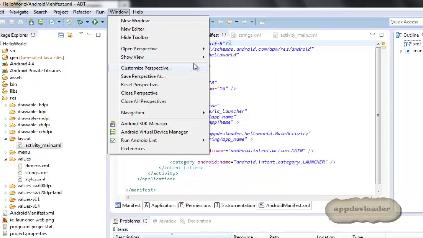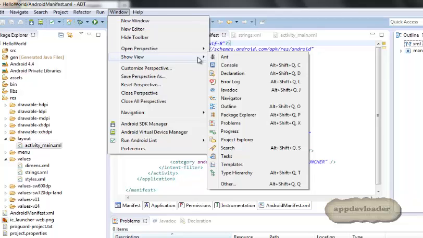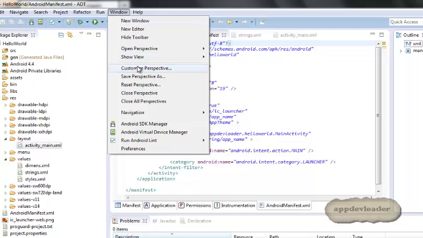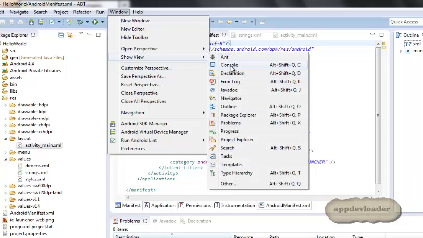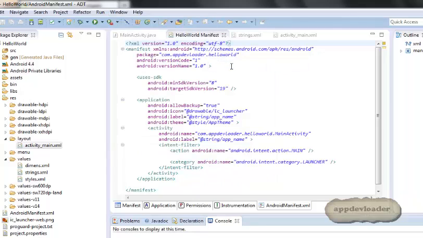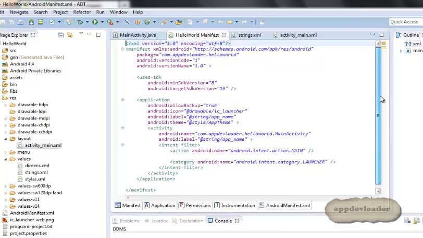So in case you want to add this tab, or any perspective that is not there by default, you go to Windows, Show View. Let me say I want to add the console, so I'll click on console. See, console will automatically be added to the perspective for the problems tab. So now I think I'm through walking around the workspace and telling you what each icon is able to do. Okay, now let's go back to